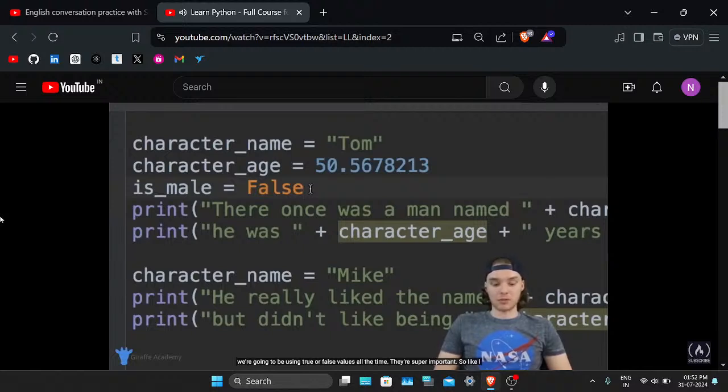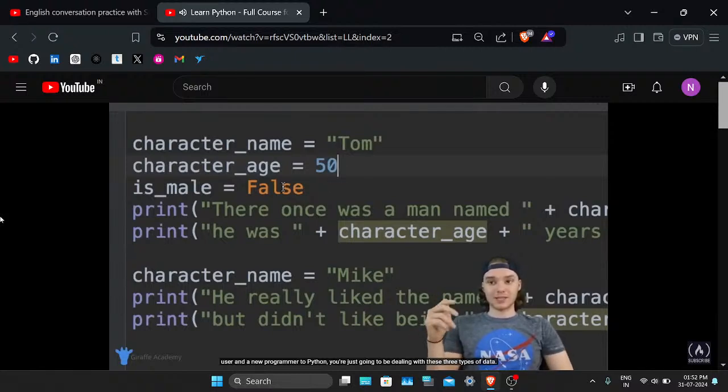They're super important. So like I said, there's three basic types of data that we can work with in Python. There's strings, which is plain text; numbers, which would be either decimal numbers or whole numbers like this; and there's true or false values. And these are the basic types of data. I mean, there's a bunch of other types of data that we can use, but I would say 99% of the time, as a new programmer to Python, you're just gonna be dealing with these three types of data. So those are the basics of data and also of variables, and you're gonna be using variables all the time in Python, so you definitely wanna practice up and get comfortable using them.